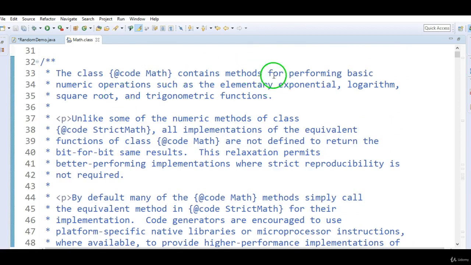This class contains methods for performing basic numeric operations such as exponential, logarithm, square root and trigonometric functions. We can do all these mathematical or numeric operations with the help of the Math class, and one of these methods is random.